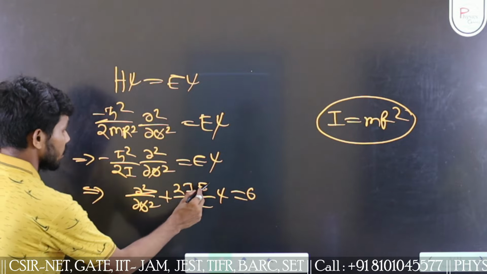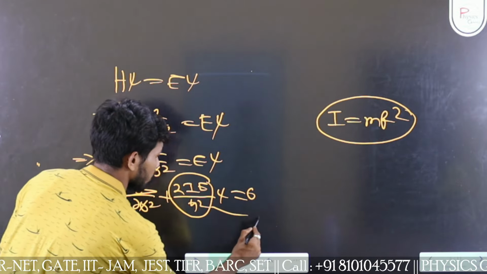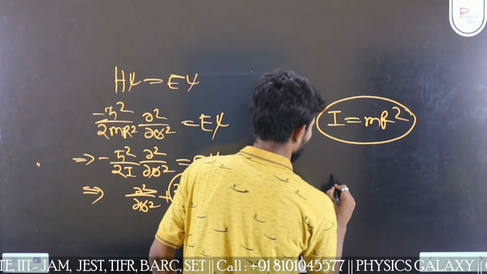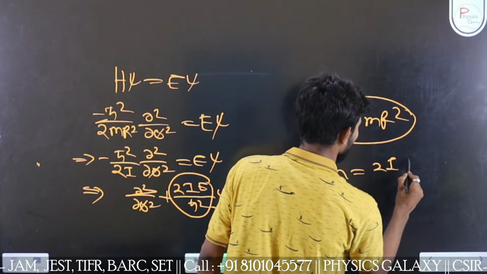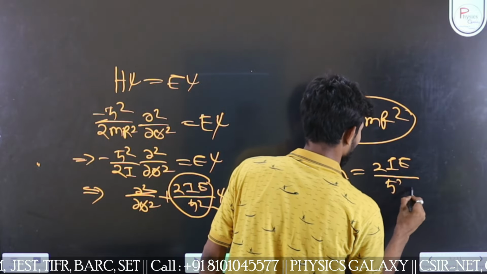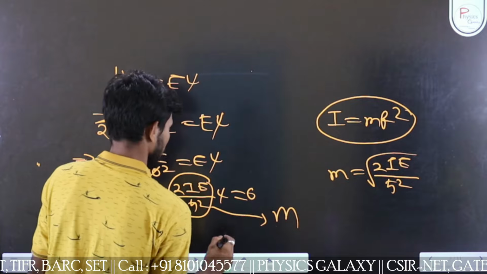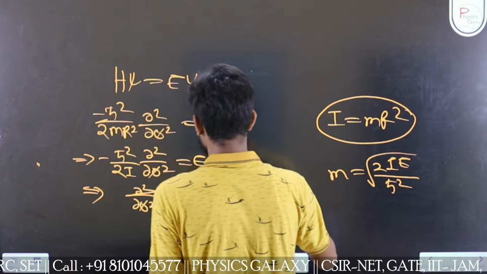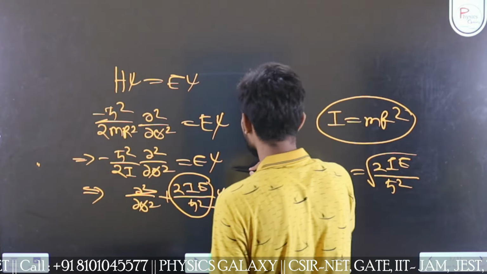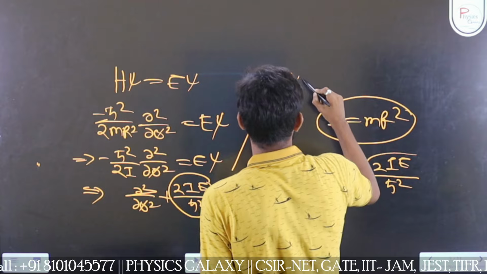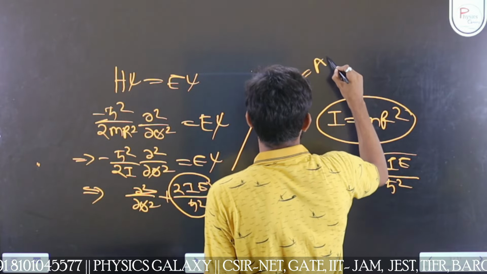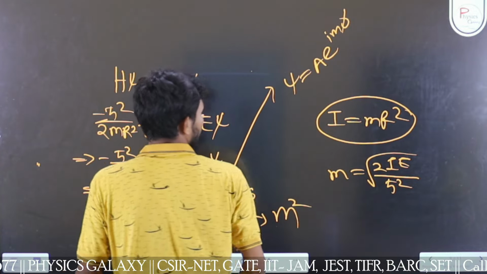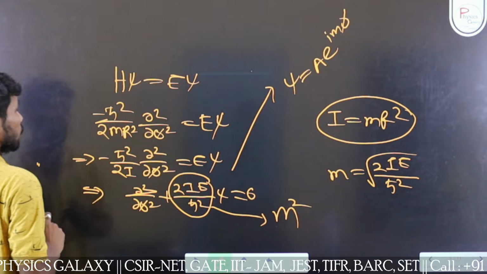We are assuming this as m, so m is equal to the square root of 2 I E by ħ square, that is m square equals 2IE by ħ square. The solution of this Schrodinger equation will be of this type, let's say A to the power i m phi. Now, using the boundary condition,